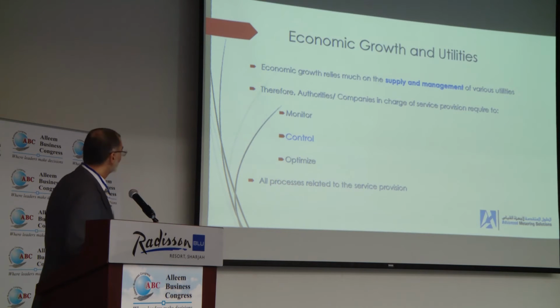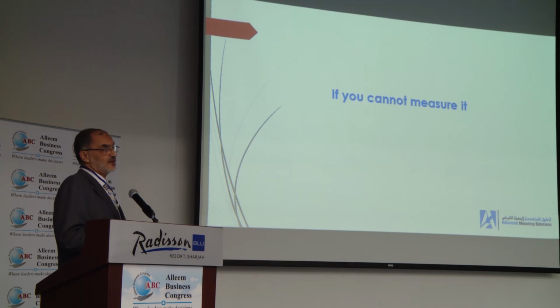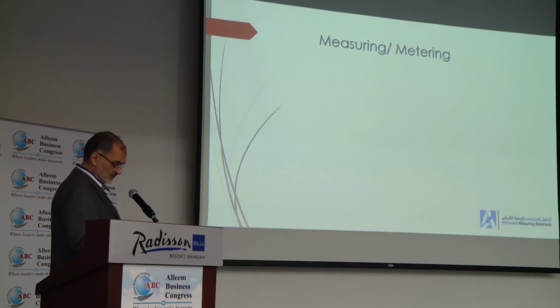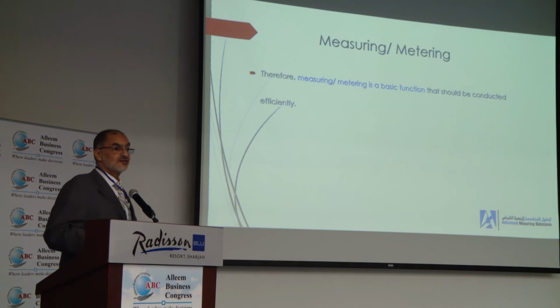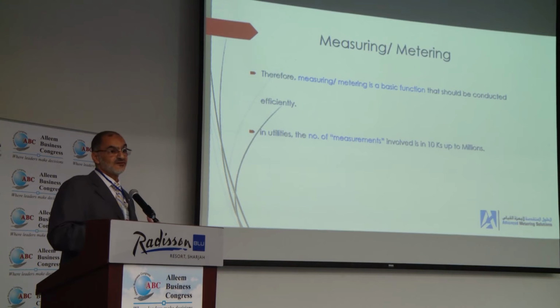Starting with the control, I think the golden rule saying that if you cannot measure it, you cannot control it. So taking this rule into account, it highlights the importance of the measurements or the measuring or the metering. So metering is an important function while considering the service or utilities provision,